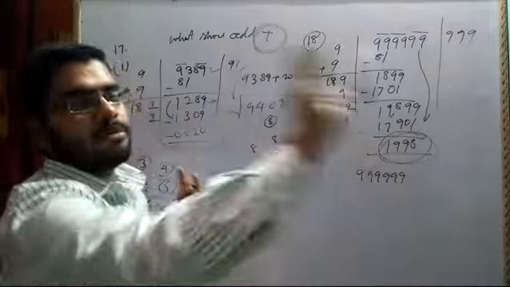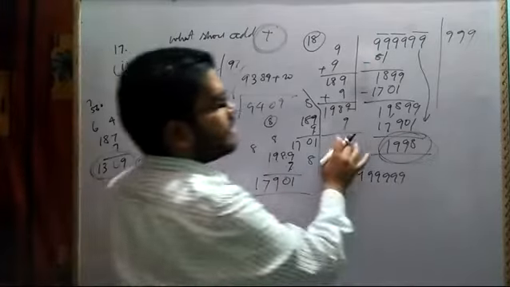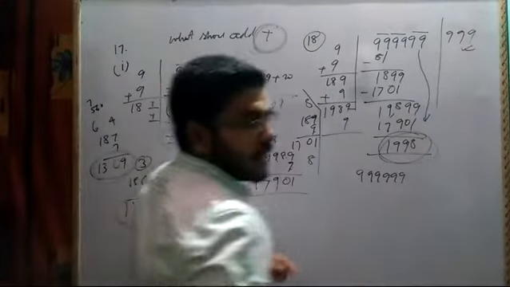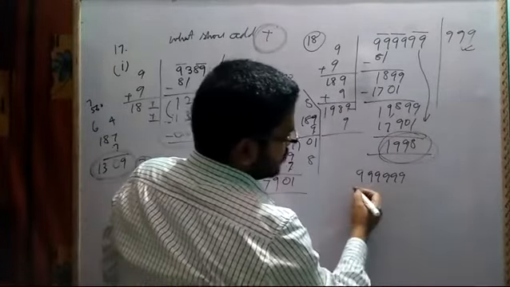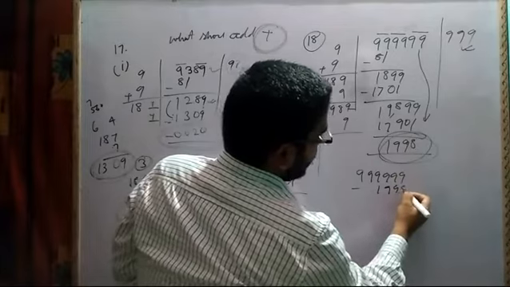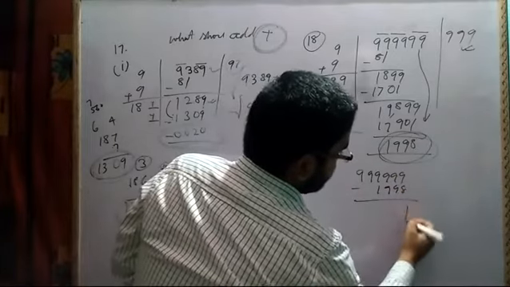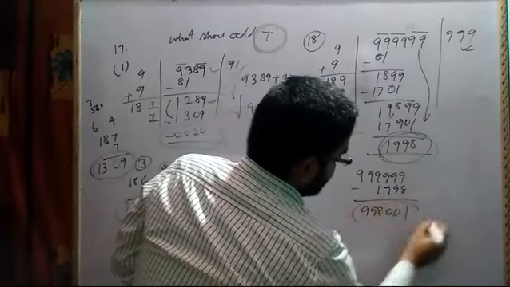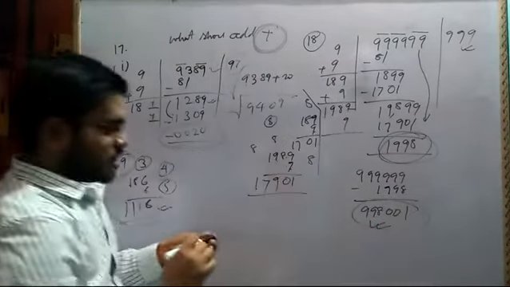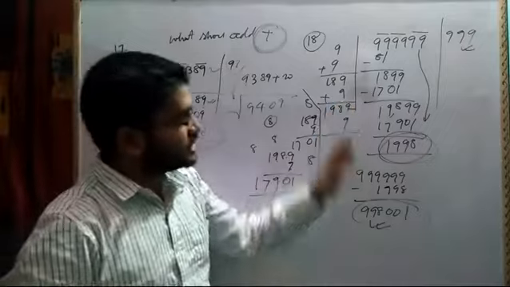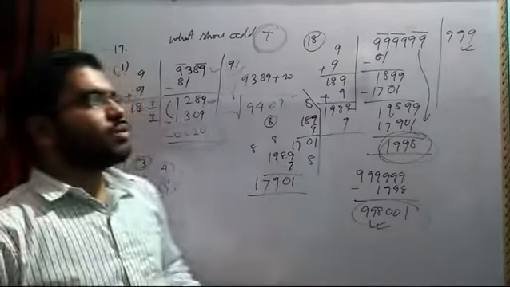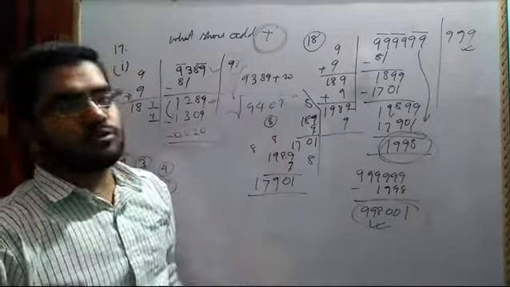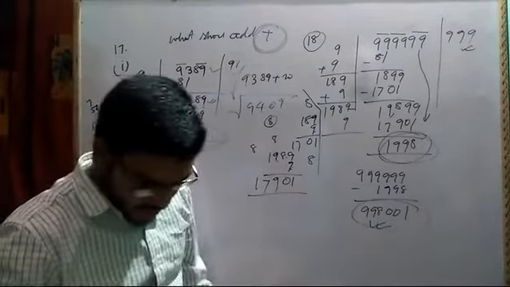So this extra number, if I take it out, then I will get a perfect square, and that perfect square will be of 999. So the extra number that I have to subtract is 1998. So this is your perfect square. It is the greatest 6-digit number which is a perfect square, and it will be the perfect square of 999. In this way we have to solve this particular question number 18.